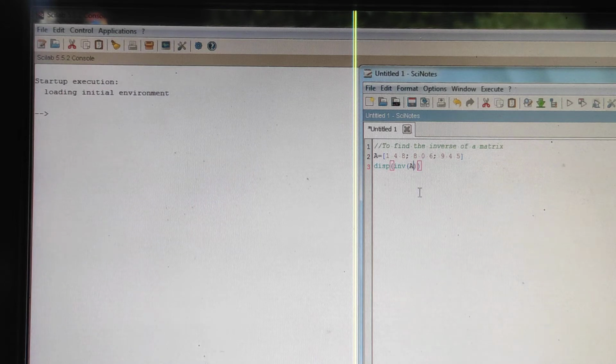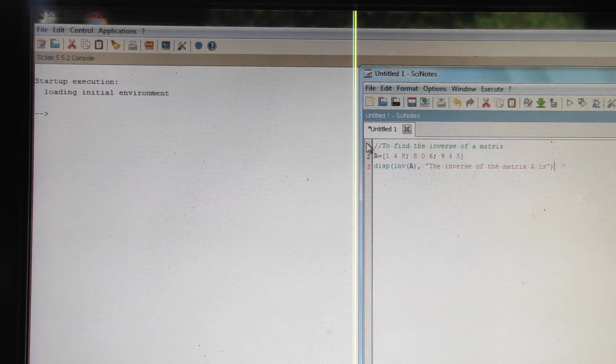So type outside the bracket, put a comma, then put a space, then a double inverted comma. Okay, then write: the inverse of the matrix capital A is. Okay, you should write like this. The inverse of the matrix capital A is.